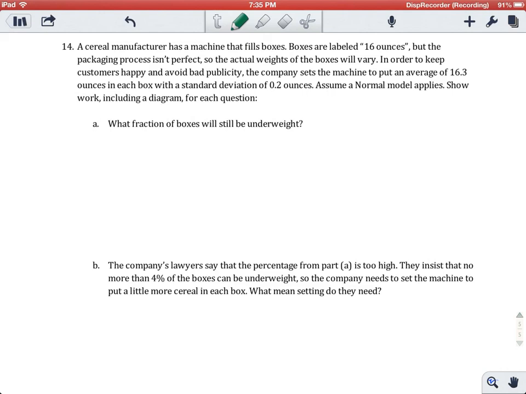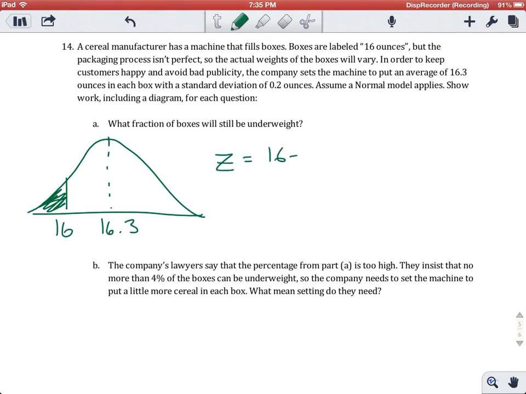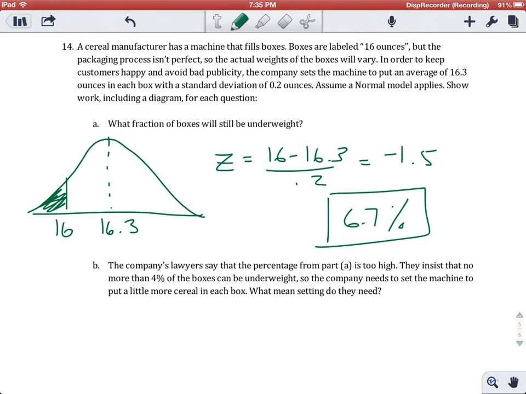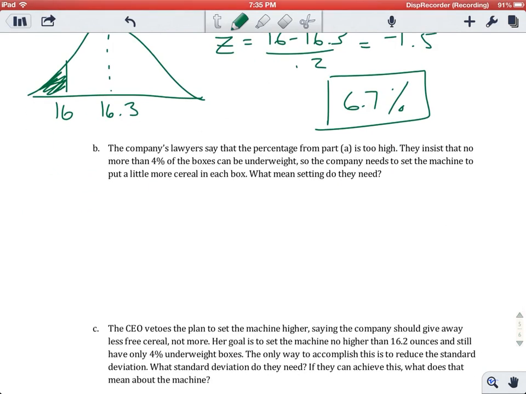And finally, some normal distribution problems. Always make sure you're putting a diagram, trying to figure out what percent are underweight. So the z-score we're looking for is going to be negative, and that comes out to be 6.7%. Part B,